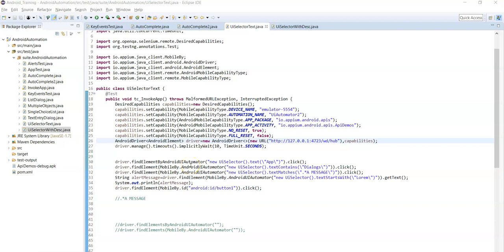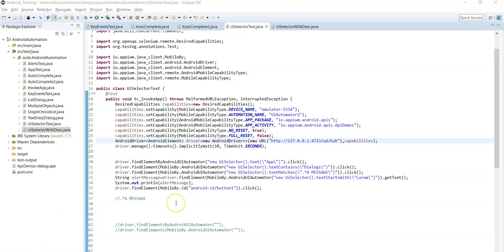In this lecture, let's see how to use UiSelector class with the description values to identify elements. Just like the text attribute which we have seen in the previous lecture, there are different methods using which you can identify an element with its content desc value. Previously we have seen text attribute values, right? So in this lecture, how to identify an element with its content desc value. Let's see all the methods first and then automate one scenario with these methods.